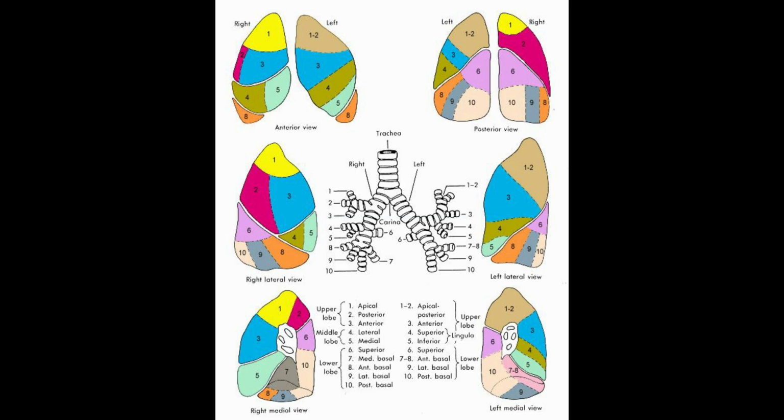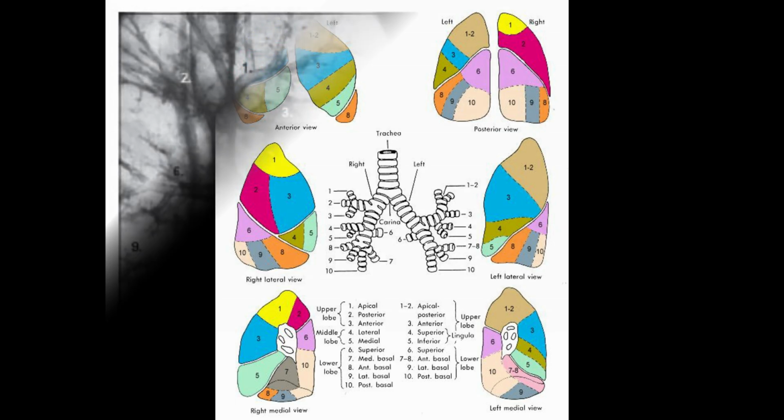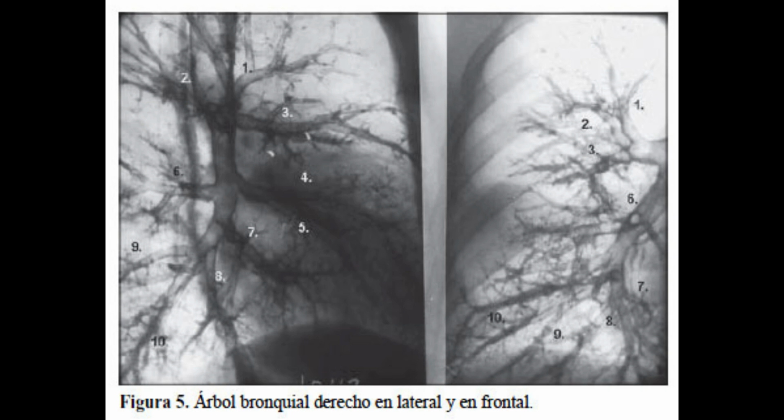The apical bronchus is born backwards practically at its origin, almost at the same height as the middle lobar, and the basal ones are born in the form of a spiral. First the medial basal, lower and forward the anterior basal, then backwards and outwards, the lateral basal, and